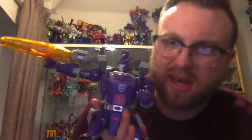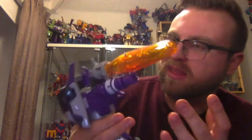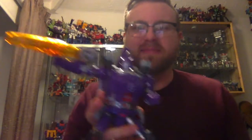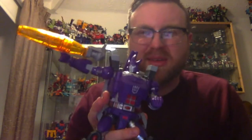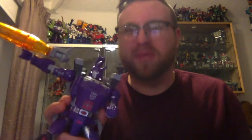I love this figure, how it feels in hand, the matte finish of the plastic, even his face sculpt. I think he's an amazing toy. He's one of my favourite Transformers I own, and because of that, he has to be in the top 5. I was surprised he wasn't a little bit higher, but yeah, there you go. It's difficult to put these things in an order, but DX9 Tyrant, unbelievable bot. Number 4 on the list